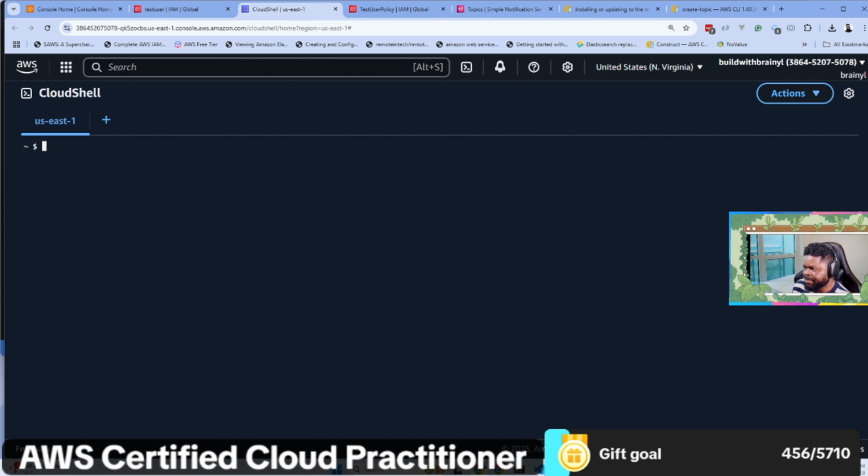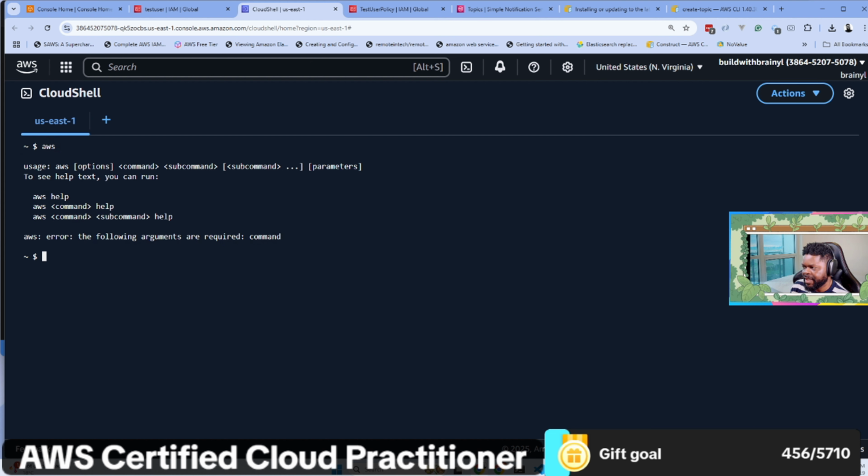So what it means is that if I come here and I type aws, it's there already. I don't have to install it, right? Because the shell is already preloaded with the CLI and everything. So I can just go. And the thing is that for the person who opens the CloudShell, my credential is already inside this shell. It's here already. So it means that inside here, it knows I'm the one. So whoever I am, in this case, I'm Brainyl. It knows me. So for example, I can just come here and, remember, I can create topics as much as I want, because